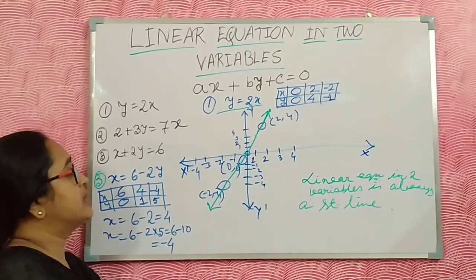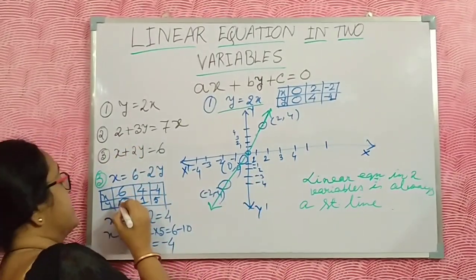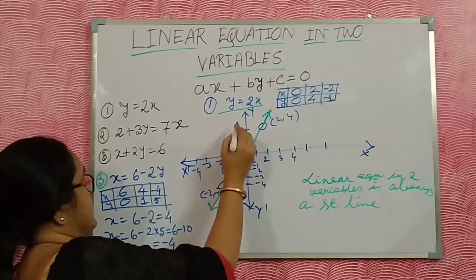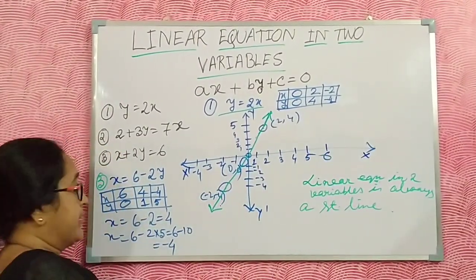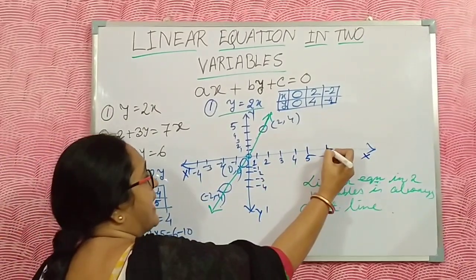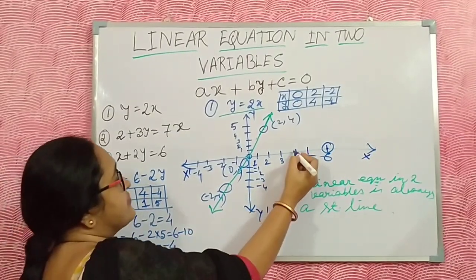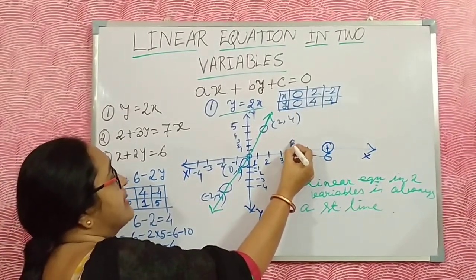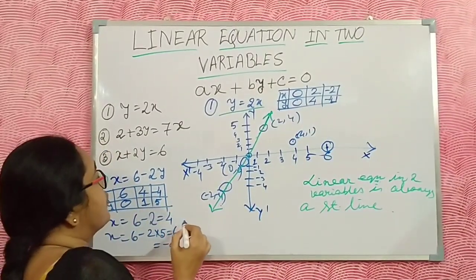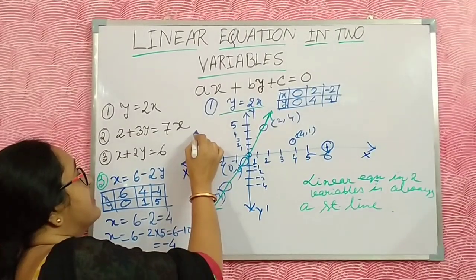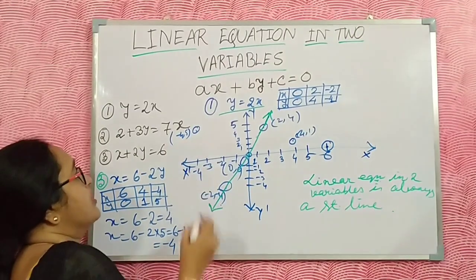Now I just put the values of this. Because I already took 6 and y up to 5, I just take up to here. Now 6, 0. Where is 6, 0? Here x is 6 and y is 0. And then 4, 1: x is 4 and y is 1 here. And then minus 4, 5: minus 4 here and 5 is here.